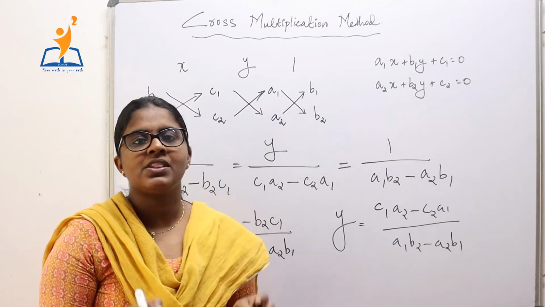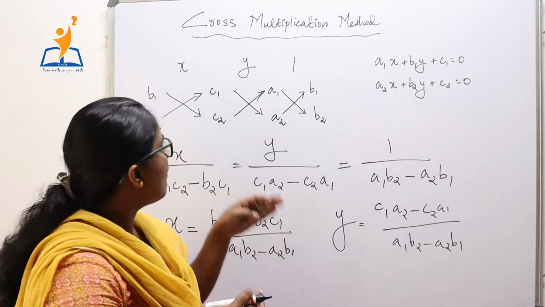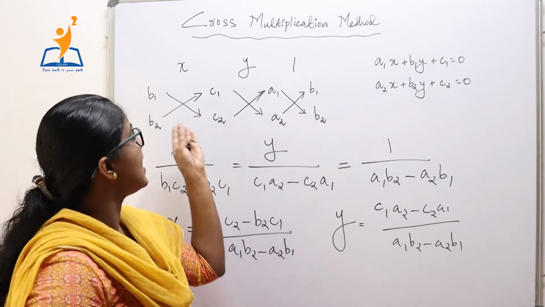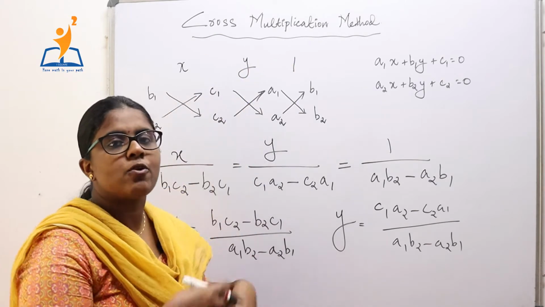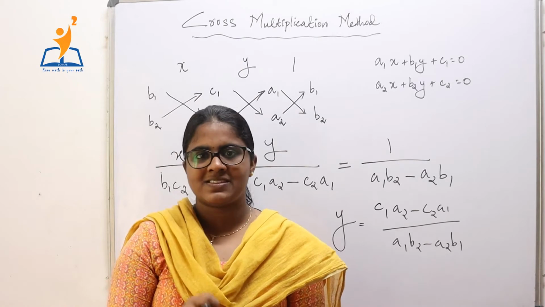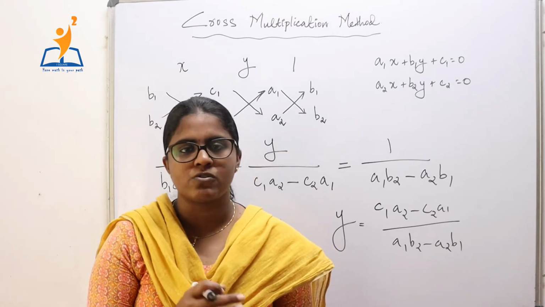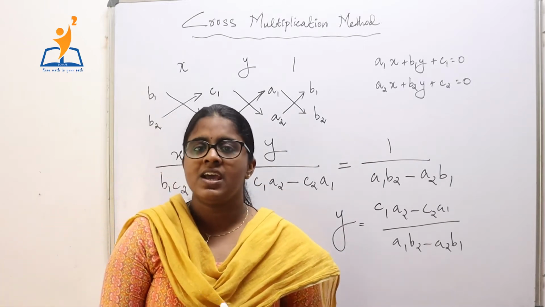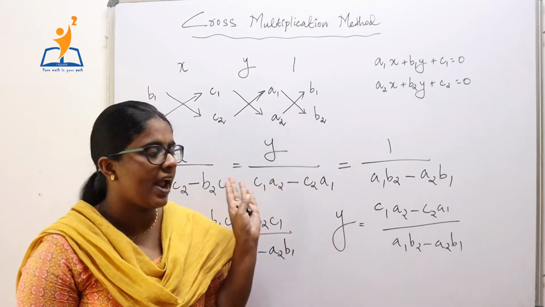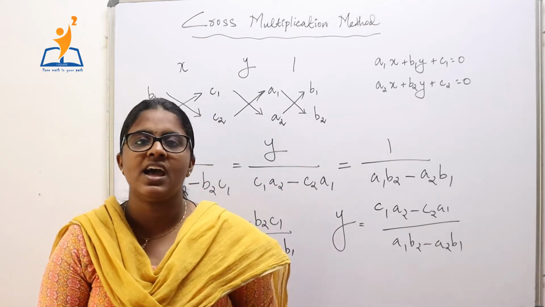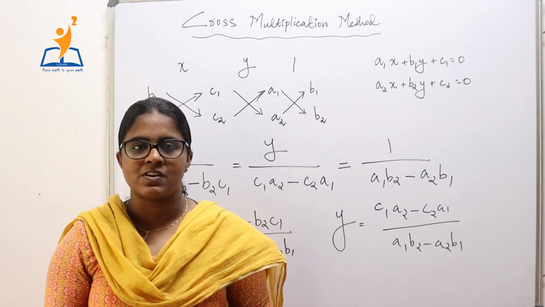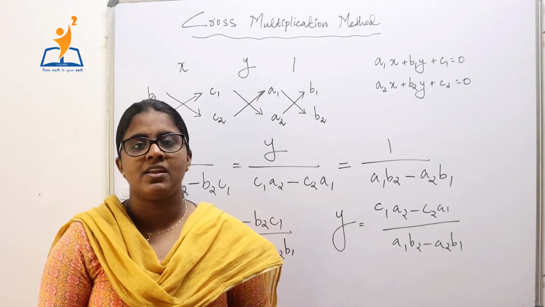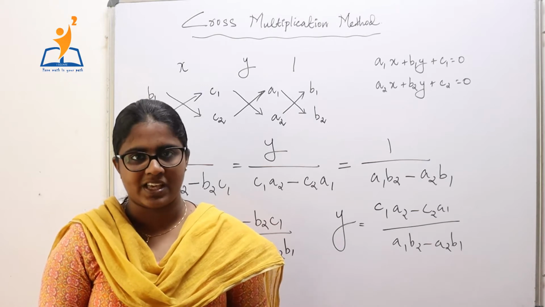So when we are given a pair of linear equations in two variables, always write the coefficients and constants like this in two lines. Put x, y and 1. Simply cross multiply and find the values for x and y. This is the method of cross multiplication. From the name itself, we are cross multiplying the coefficients and constants. So always remember this aid to memorize the formula and hence find the solution for the pair of linear equations in two variables. Now we shall see some examples solved using the method of cross multiplication.